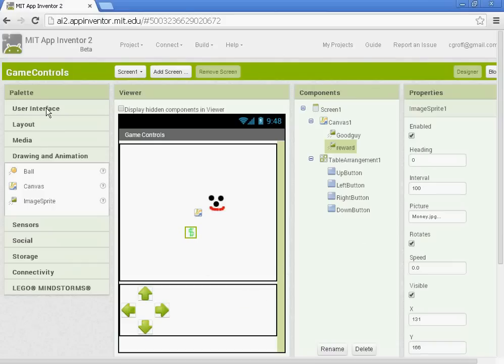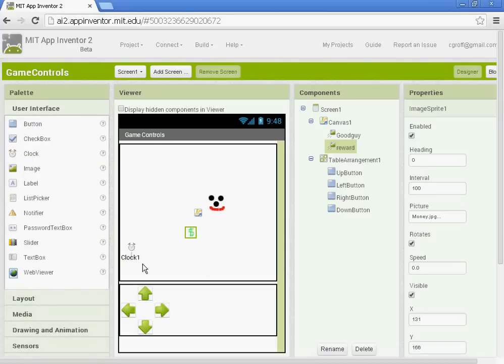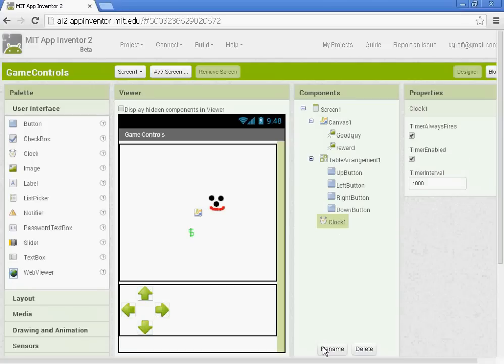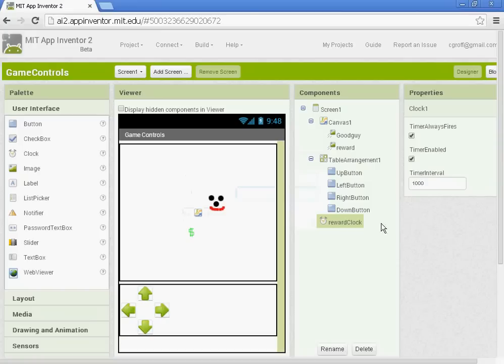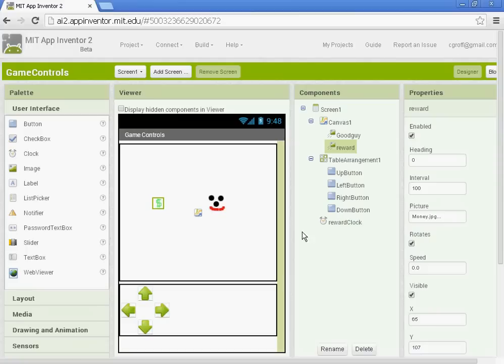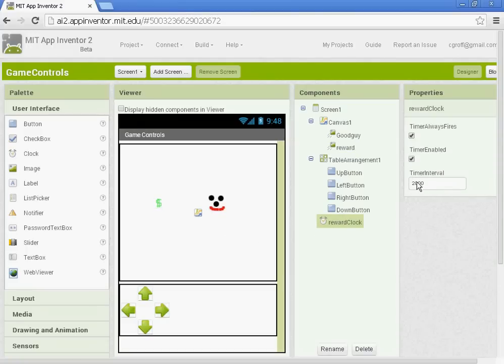Once you have that, you want to go to the user interface and we want to set up a clock. Let's rename it reward clock. And this is what will move the reward. And for timer interval, we're going to have the reward move every 2 seconds. So we're going to put it at 2,000 milliseconds. That'll move the reward every 2 seconds. And we can always go back to our clock and change it if we want it to move faster, but let's just set it at 2,000